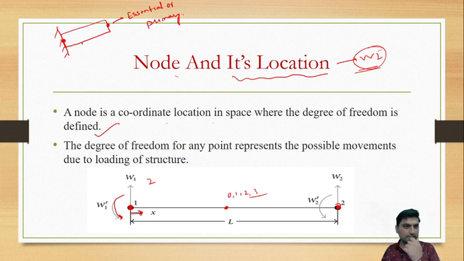Always we need to take the nodes at the ends, that is fixed. So this is the nodes, first selection, means lower location will be at the end. Second thing, suppose this type of bar element is now. So we'll select the nodes at the end. First node, second node we have selected.